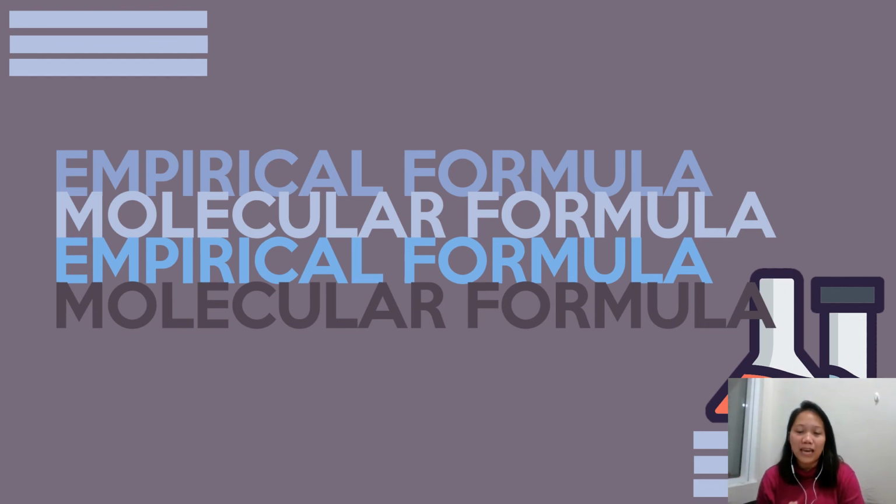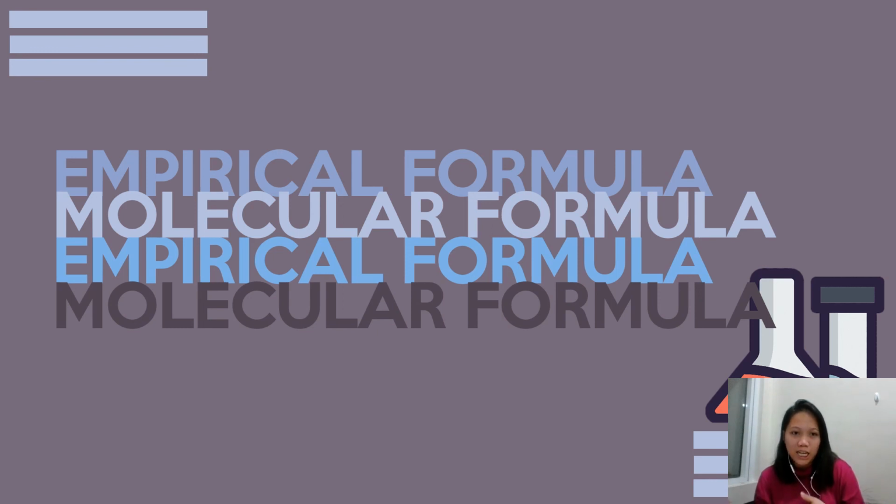yung formula niya. Okay? So, the first step, pag nagsasolve tayo, you assume what is the number of grams. So, in my case, I always use 100 grams. You could also use that. Then right after that, you identify the mass of every element. Then you identify the number of moles. You use the mole as the subscript of the different elements that are present in your compound. Then divide it by the lowest number of mole. Then the answer that you have there, just make sure that you don't have any decimal number. Because if you do, please make sure to find the least number wherein you could get those decimal